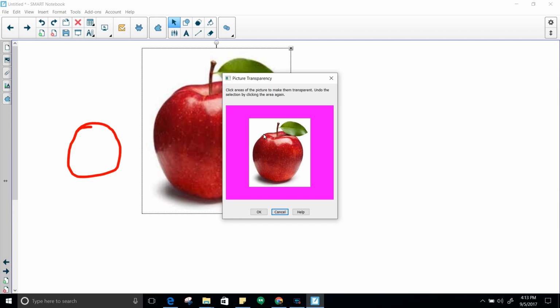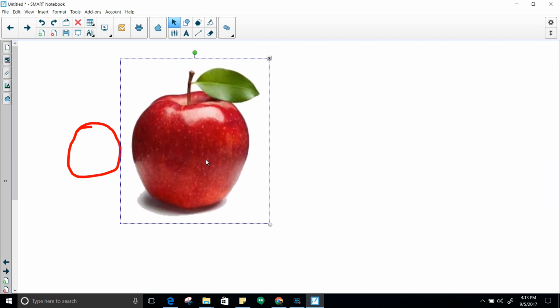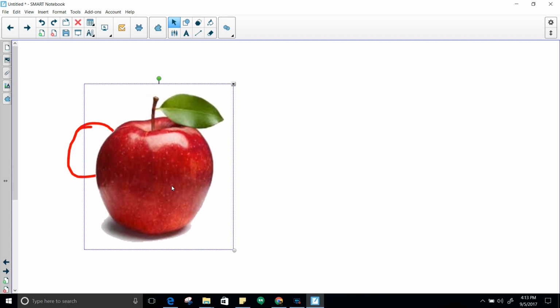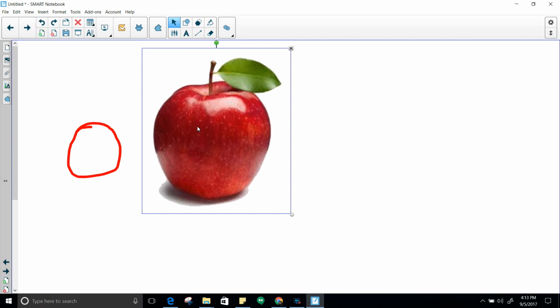and what this would do is if we import a picture that has colors on it that we don't want, or we want to make it where you can see things around it, click on those areas. Okay, I got rid of all the white that was in that picture there. Tell OK. Move the apple over, and you can see the circle appearing there. Now if I undo this so that you can see what it was like before,